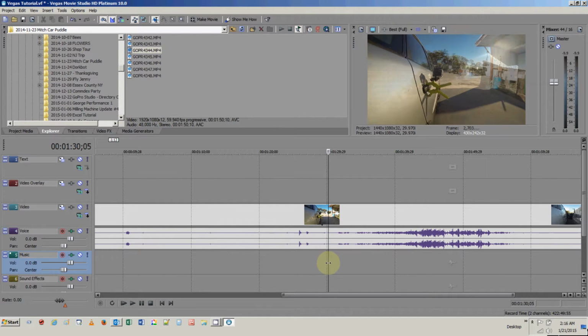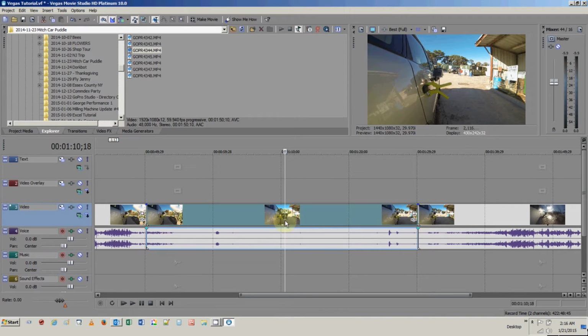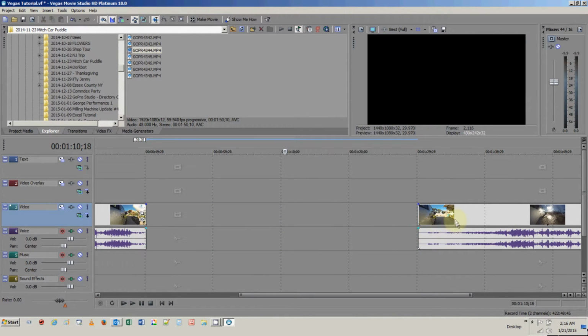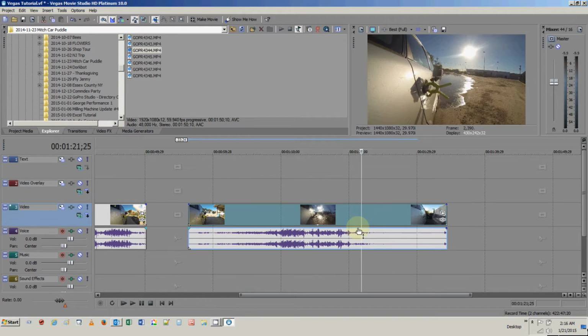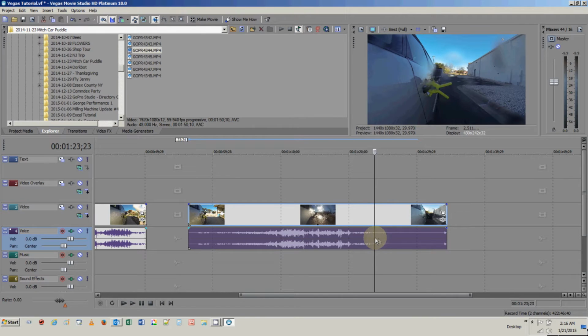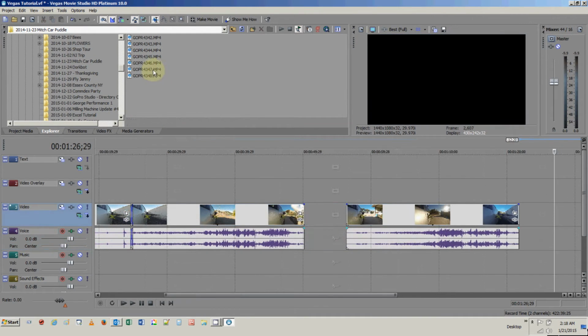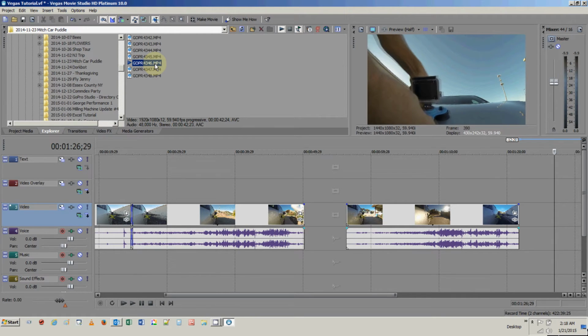And it kind of looks neat doing the turnaround. So I want to come here and cut this out and then cut this center section out. So you see now we've got two sections that I can play with, and you can see that here, if you look at the sound, this is where I slow the car down and come to a stop, and he gets back out of the car. Now in this clip, you can see that Mitch was actually sticking a camera to the outside of the car.